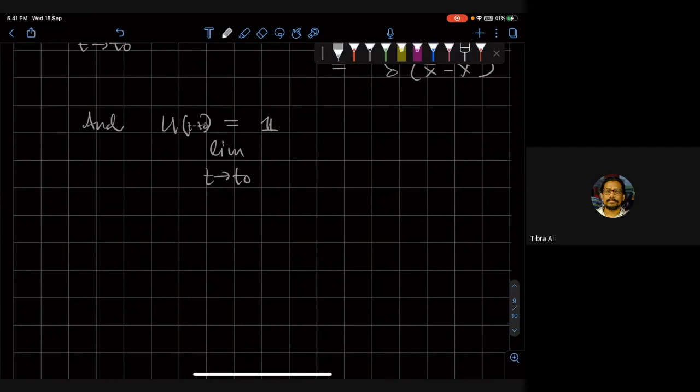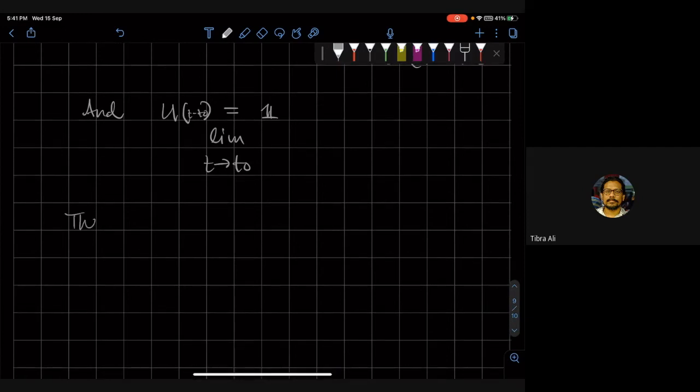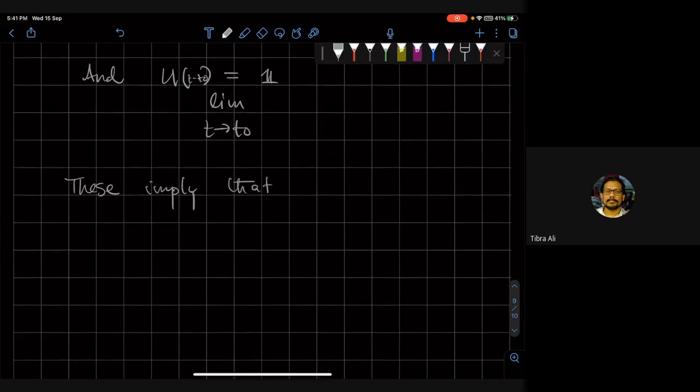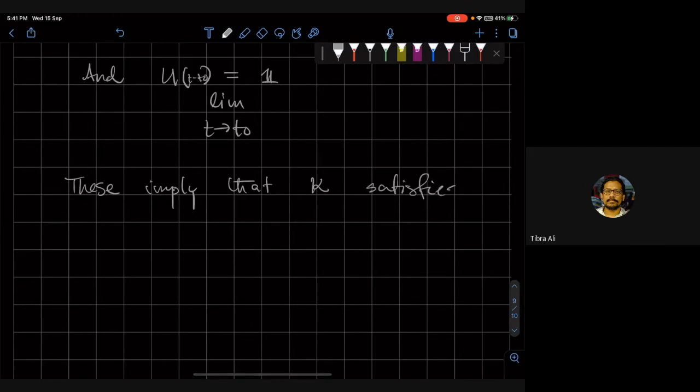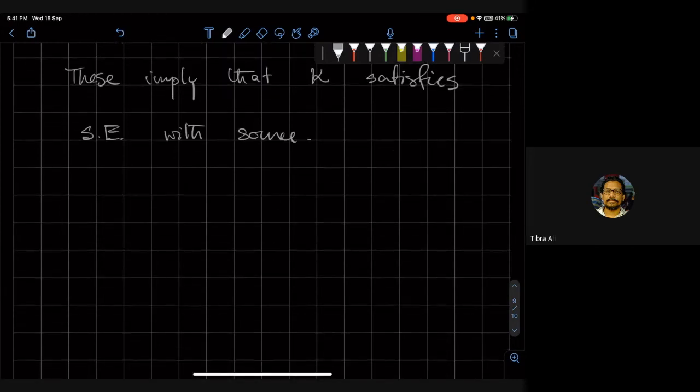So these imply that the propagator K satisfies the Schrodinger equation with source, meaning that if I apply the Schrodinger operator on the propagator,